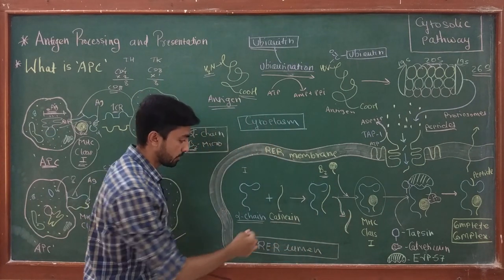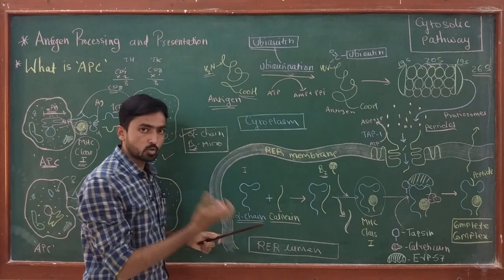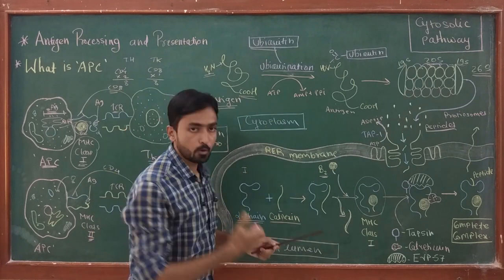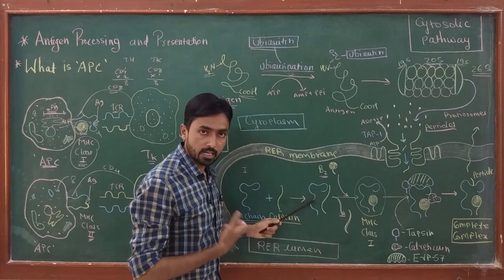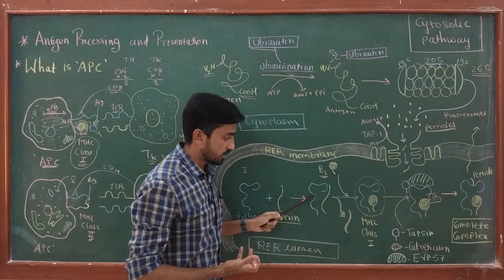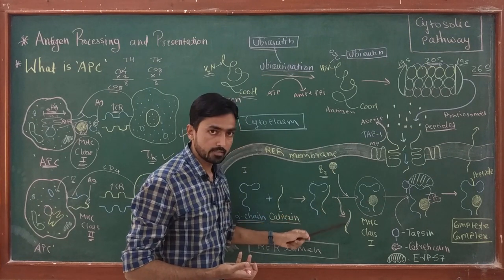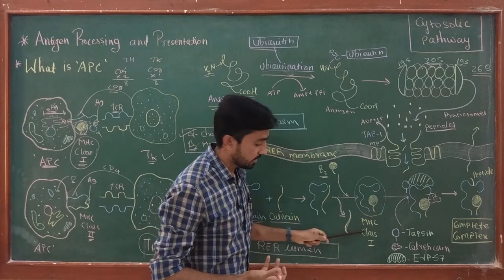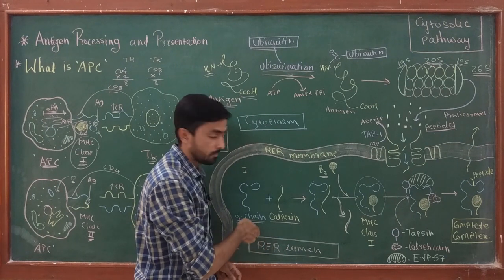That means, what is the function of calnexin? It is a molecular chaperone which plays an important role in folding the alpha chain and giving it proper conformation so that it gets activated. And once the alpha chain gets activated, the beta 2 microglobulin chain gets connected to the alpha chain, and at the same time the chaperone calnexin is released. Now this is the complete functional MHC class 1 molecule, but it is still present inside the rough endoplasmic reticulum.